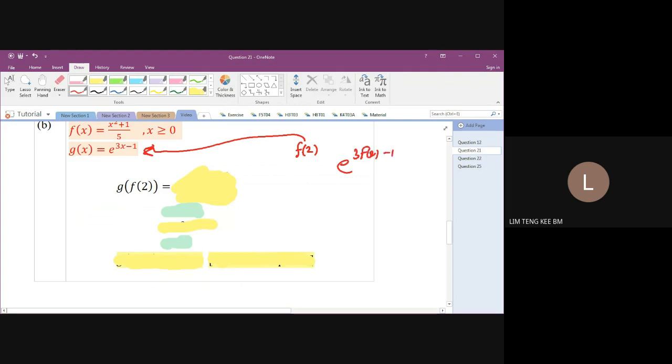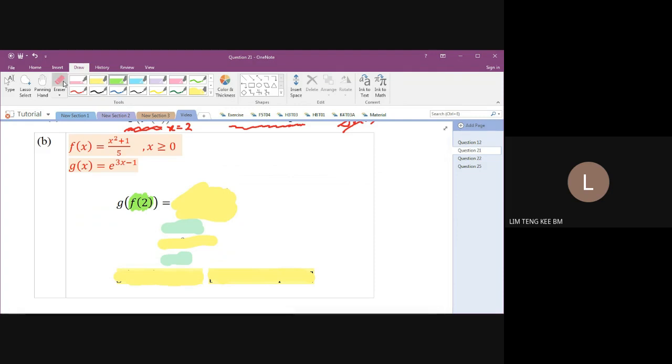But if I substitute in this form, it doesn't seem convenient for further calculation. Therefore, I suggest that instead of substituting F(2) inside the function G, let us try to directly evaluate F(2) based on the function that we have